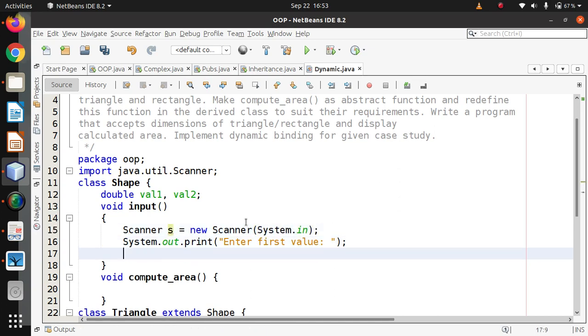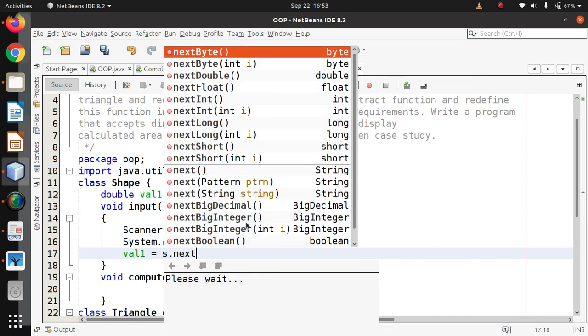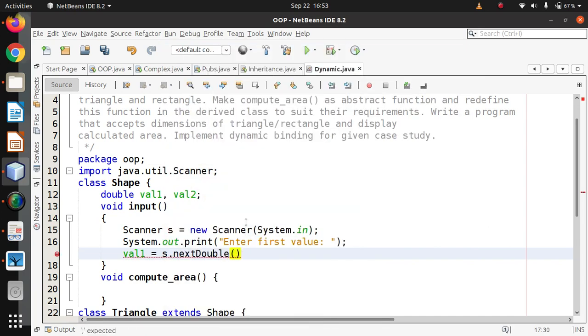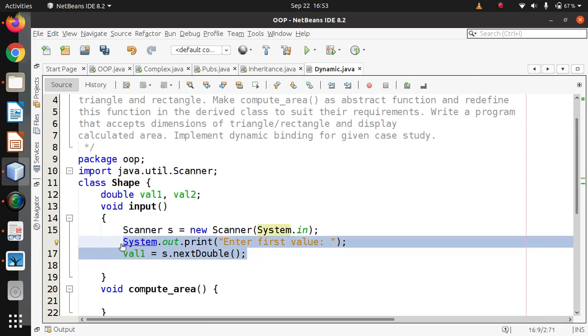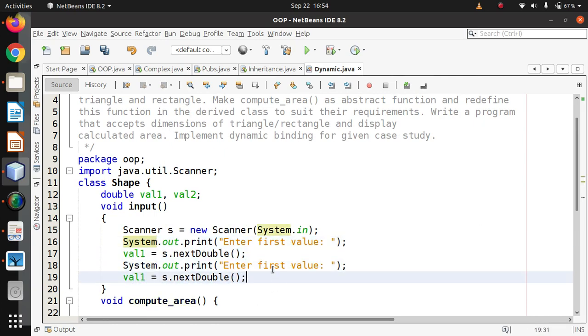Now let's initialize the first variable: val1 is equal to s.nextDouble, because the value is double. Just remember that the next method is used to read the data from the user. Let's take the second value, val2. So two values I have read from the user, and they are saved into val1 and val2 respectively.